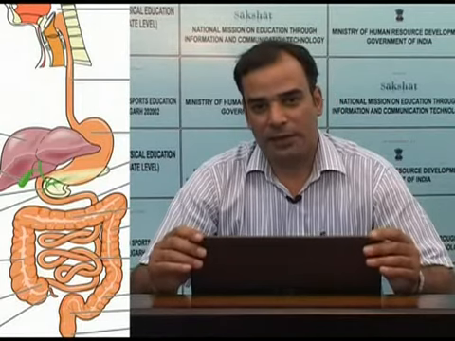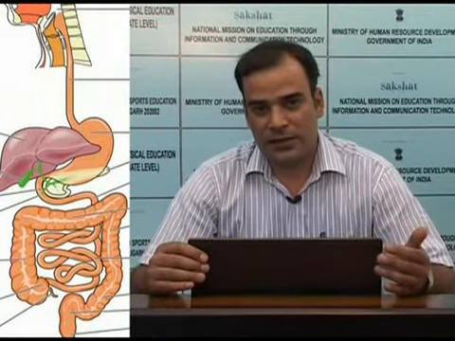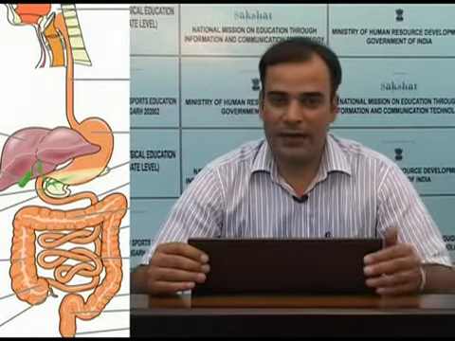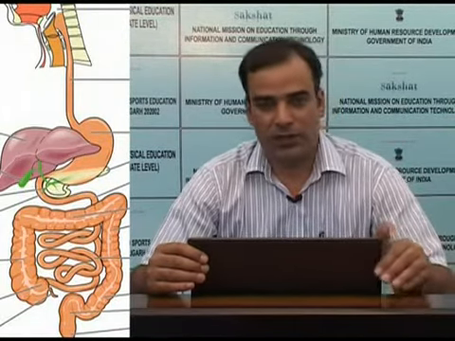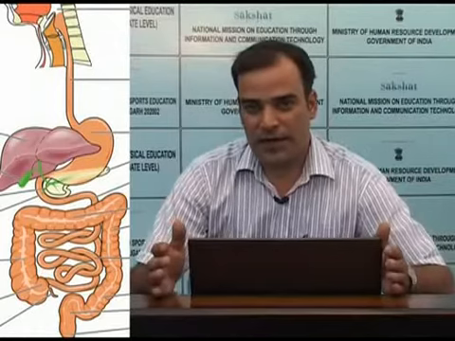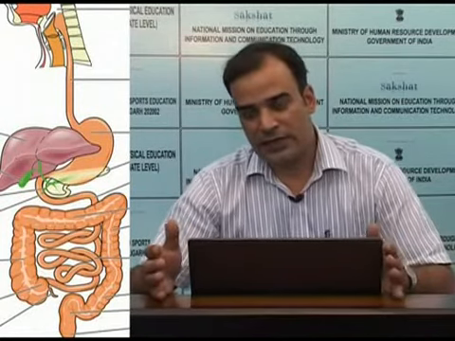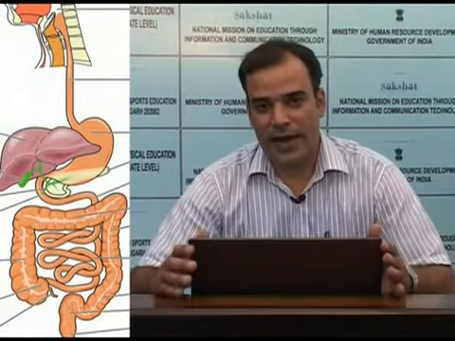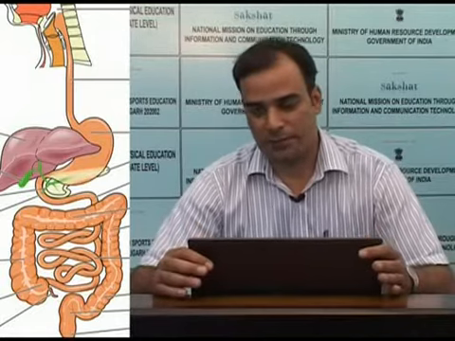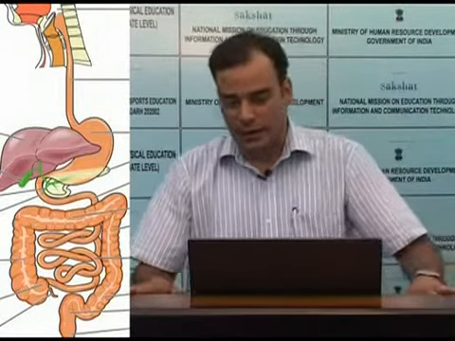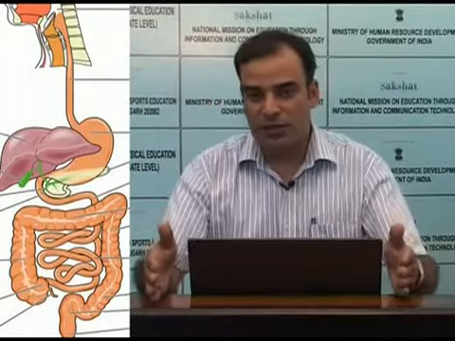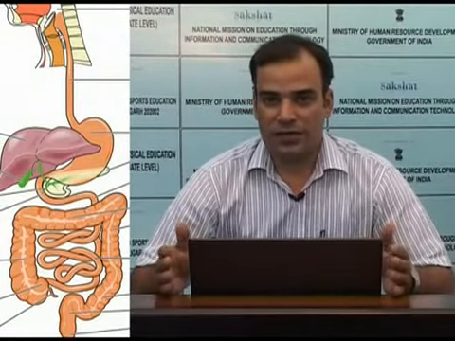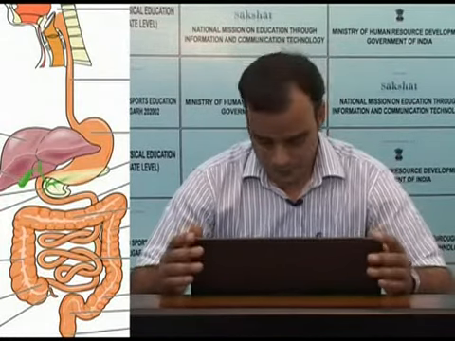For example, the parasympathetic system facilitates the functions of the GIT. It increases both the movements and the secretions of the GIT. On the contrary, the sympathetic nervous system has an opposite effect. It decreases the functions of the GIT, both the movements as well as the secretions. Thus, we can say that GIT can function on its own with its enteric nervous system. However, the extrinsic nervous system modifies its functions also.